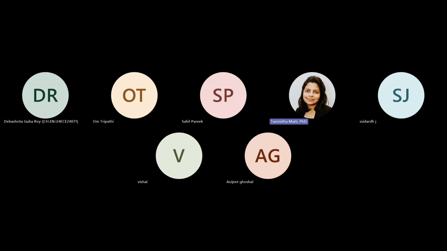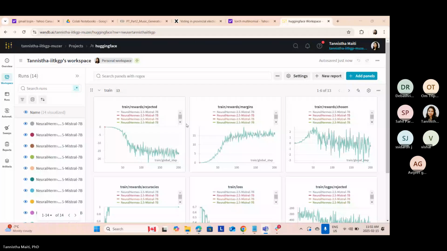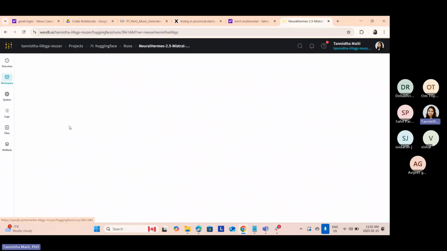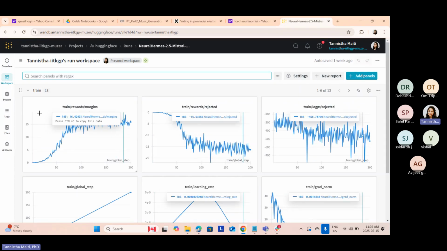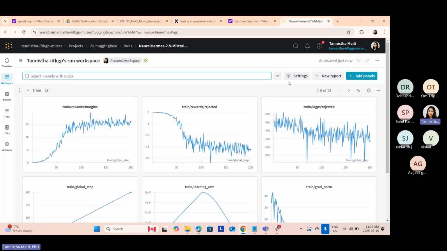So the other one that you have to use is called Weights and Biases, right? All the hyperparameter tuning that I mentioned actually will create a lot of models, right? So you see these are models that you have created. So for a DPO model,